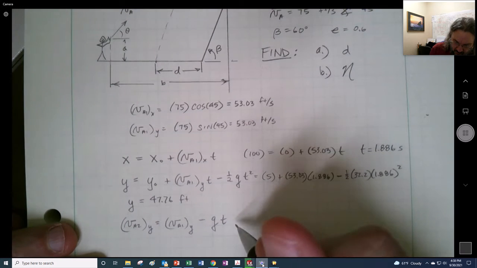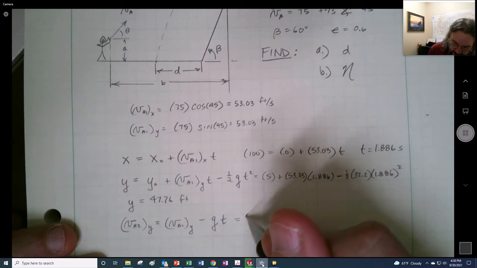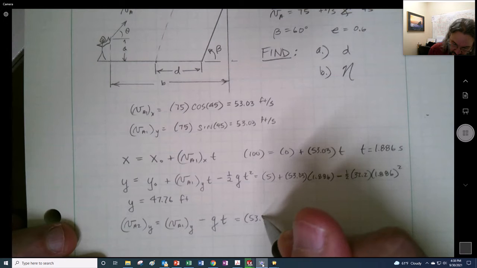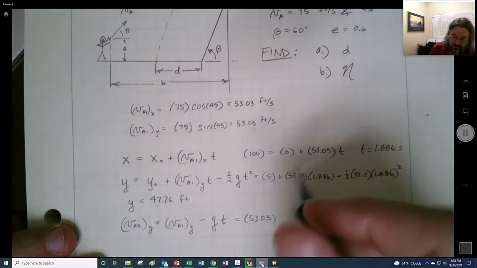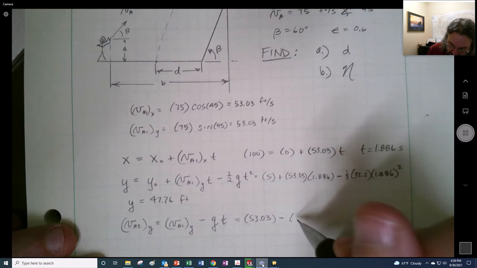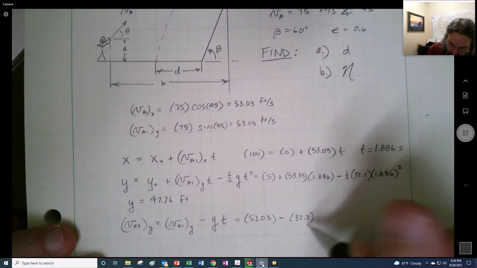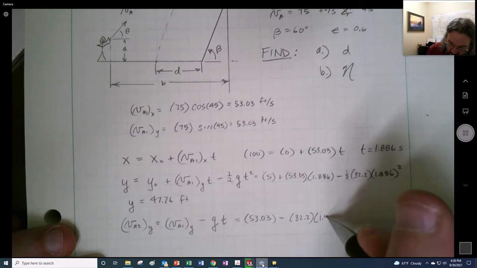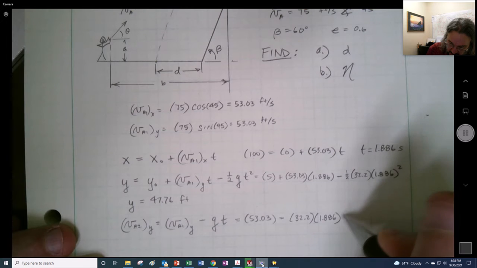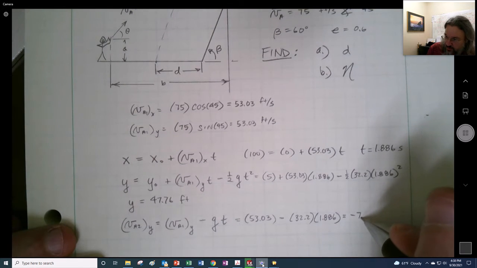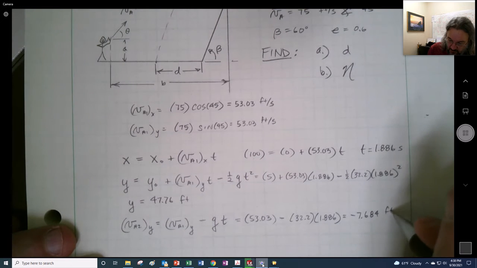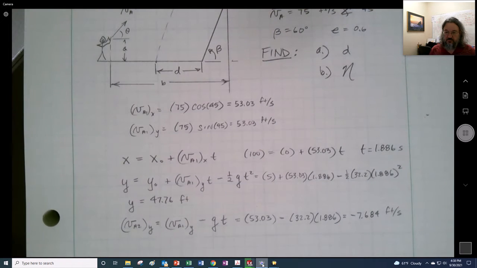So we expect a negative number. So we'll start out with our 53.03 going up. Let's see. And we go minus 32.2 times our 1.886. And we're going to get a velocity of negative 7.684 feet per second. Okay,